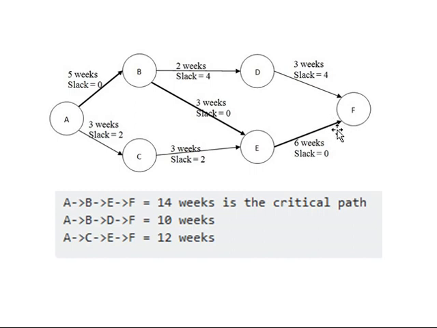We need to identify this in a particular problem, and estimate the time it will consume in the critical path. It should always be the longest time, or the highest time, compared with the remaining or non-critical paths. So this non-critical path consumes only 12 weeks, this other non-critical path consumes 10 weeks, and this critical path consumes 14 weeks with critical activities A, B, E,